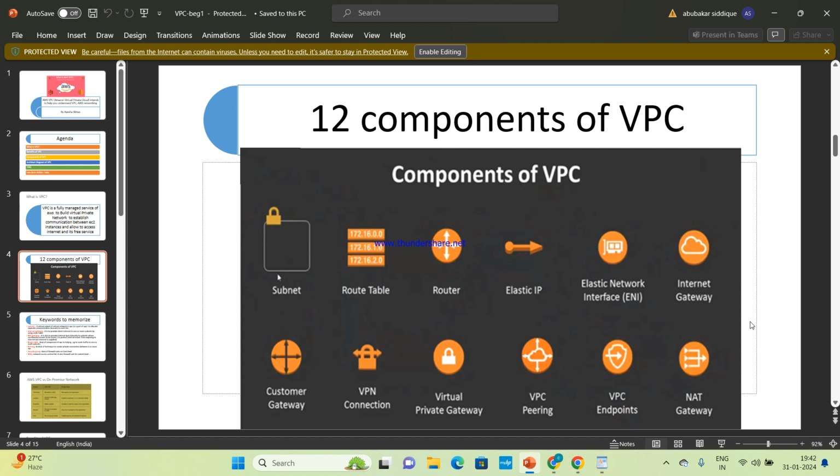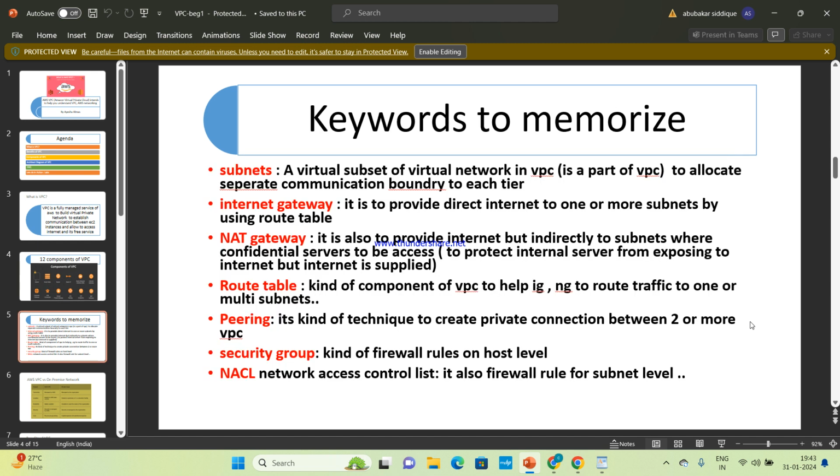Can I proceed? Okay. So now let's understand these components.